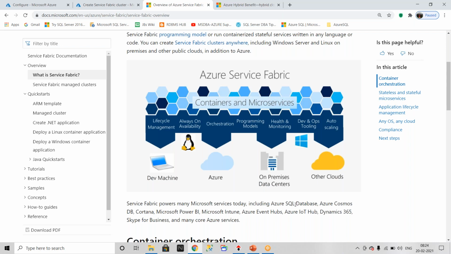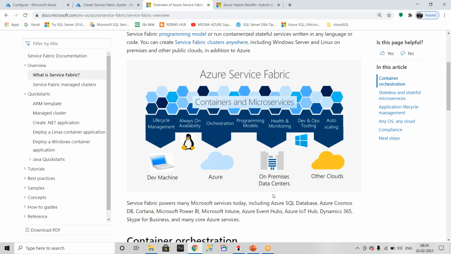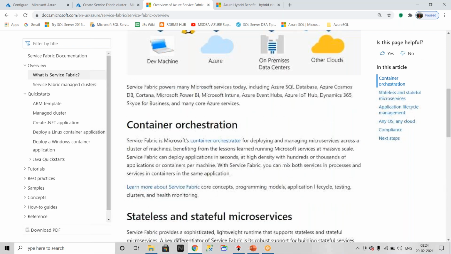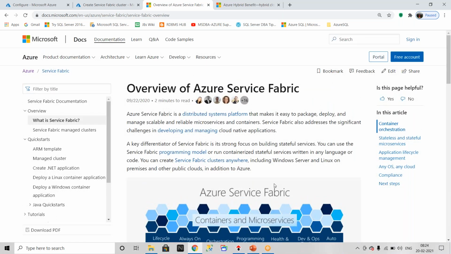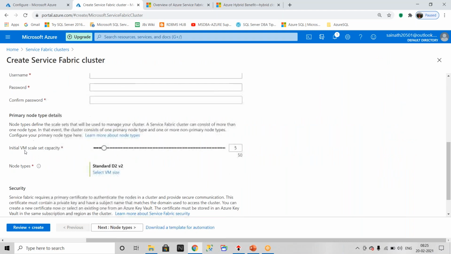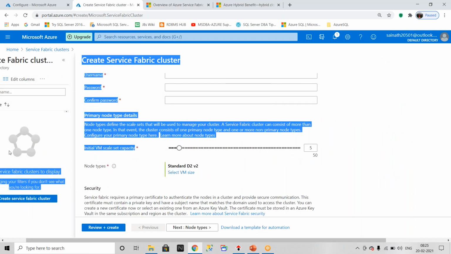For those who are just starting with Azure, it will take some time to understand how Microsoft does this, because we need to go through the complete docs about Service Fabric and how Microsoft manages the backend pools. But in simple terms, Microsoft is creating and maintaining the scale set.